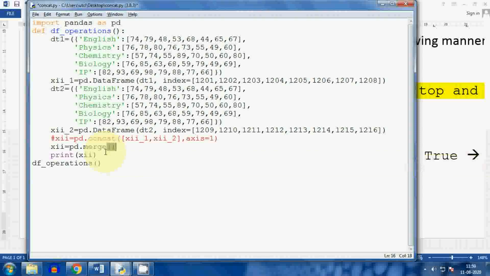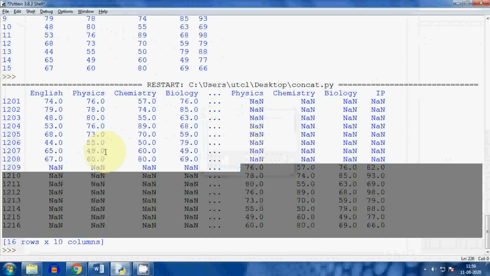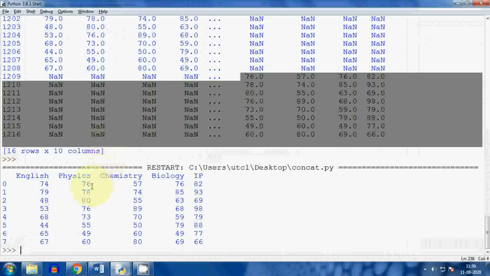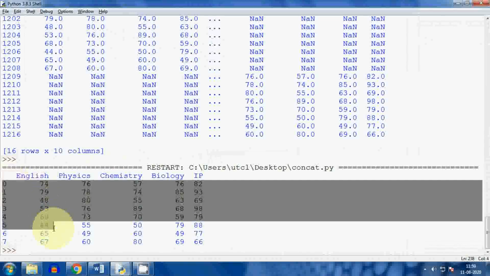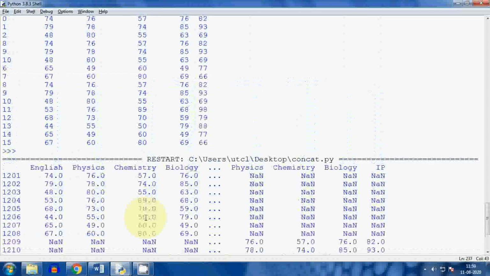So here we will provide 12 underscore 1. Two data frames, it will go like this. There we provided a list, and in merge we are providing like this. So let me check. Here this data frame is showing only one. In merge it is showing only one, it's not merging. So let me check what happened with this.